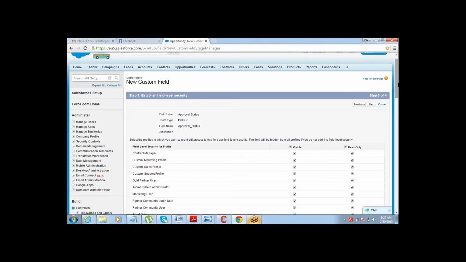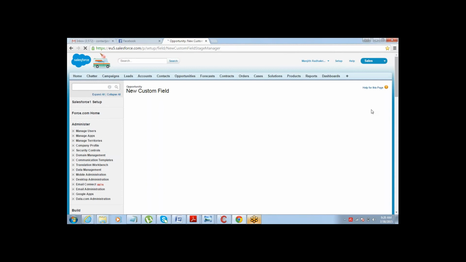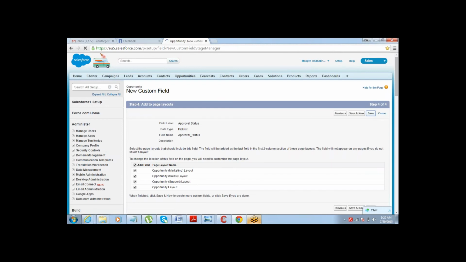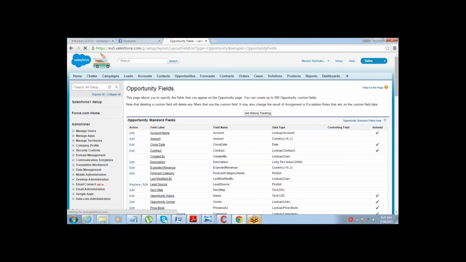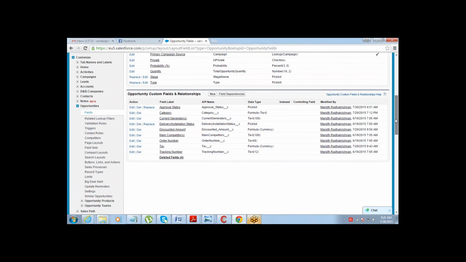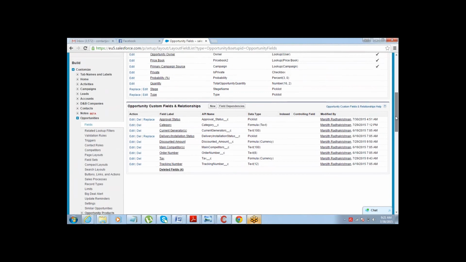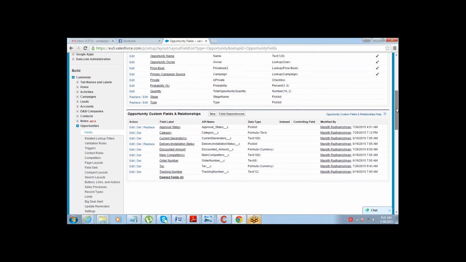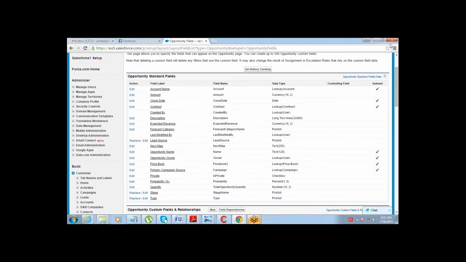Otherwise, the rejected thing, he will go and approve it. So that's the reason why while you're creating an approval status field, it's good to make it a read-only field. Go to next, save it. Okay. So the approval status field is ready.